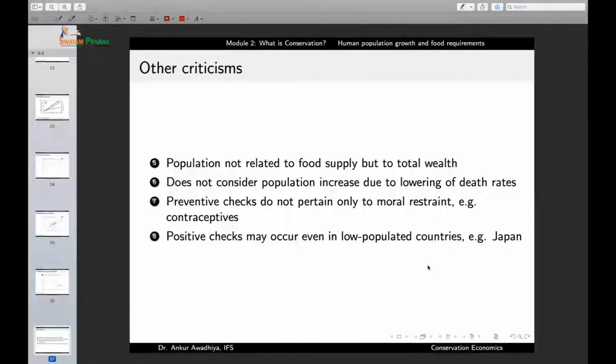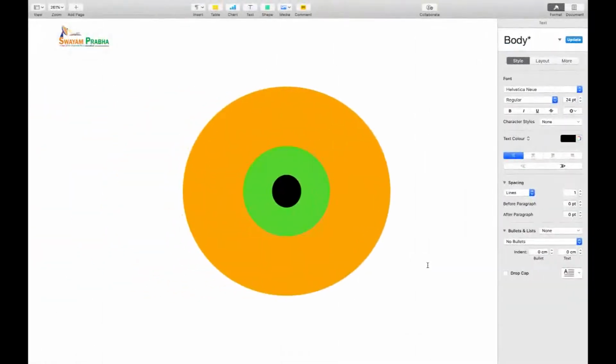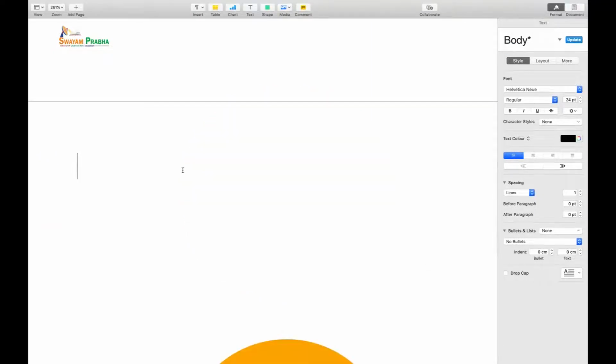Other criticisms that these days we are putting into the Malthusian theory is that the population is not related to food supply but to total wealth. What we mean by that is that if you consider a society and as the wealth increases,